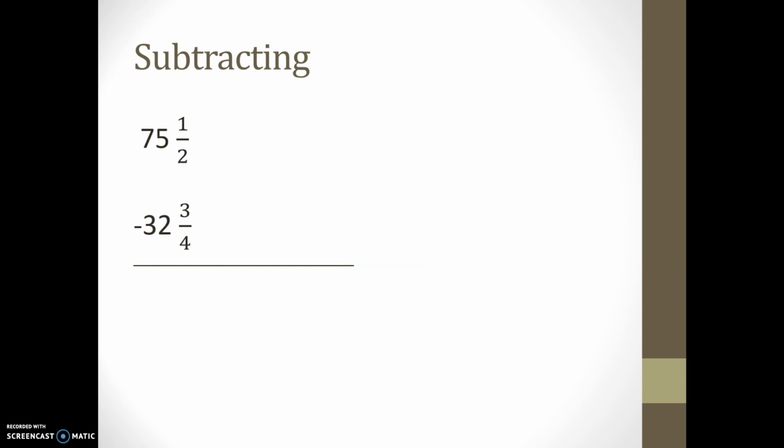Okay, here we have 75 1/2 minus 32 3/4. So the first thing we're going to do is make a common denominator, and all we have to do is multiply that top fraction by 2 over 2. Since it's a factor of 4, we'll just bring that up to 4. So up here I'm going to have 75 and 2/4 minus